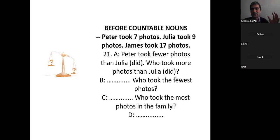Okay, this is the situation, and this is the situational dialogue. We cannot say that it is just a grammar lesson. We don't just explain this is this and this pattern is this rule, but we should imagine a real life situation. Okay, 21A. Peter took fewer photos